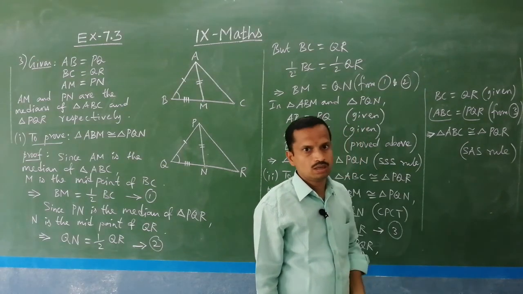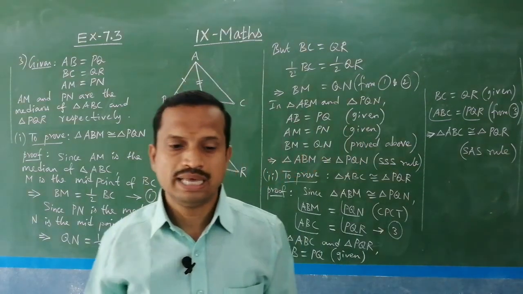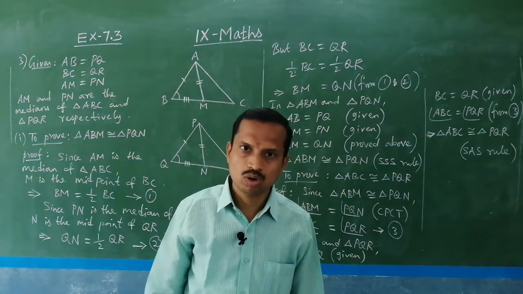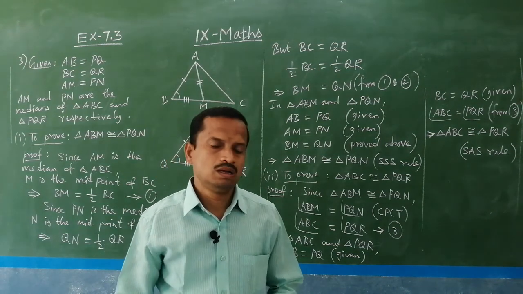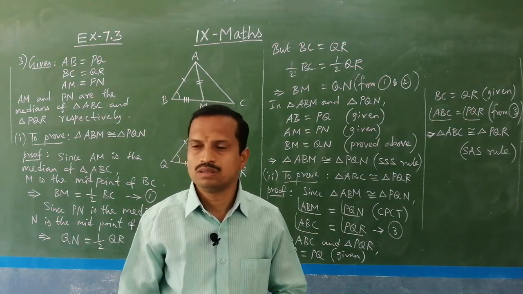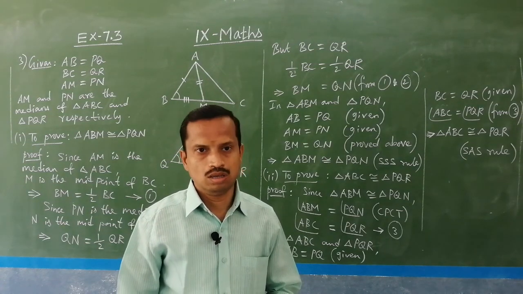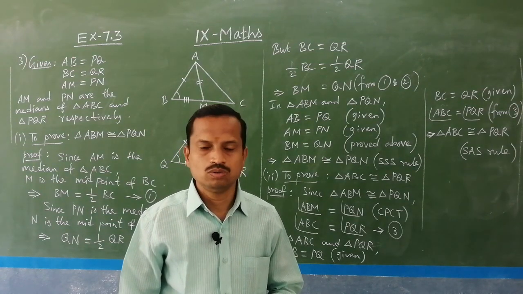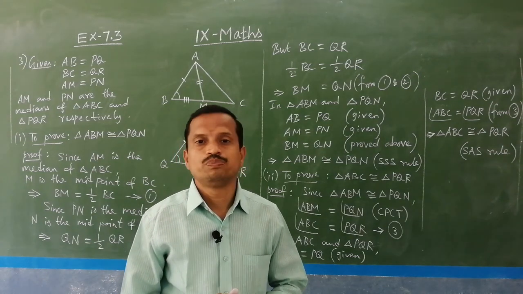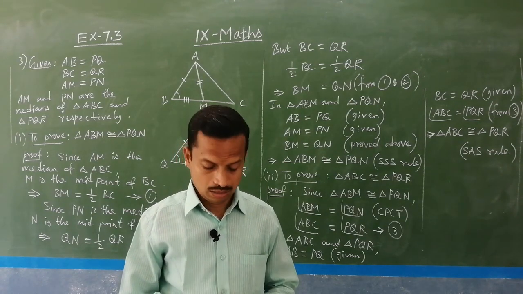So this is the way to prove, and two more sums are there. It is very easy. Okay. So you take as homework 4 and 5, and this chapter is over, because the rest of the exercises are deleted for you. So up to this you take this, and the worksheet also you have to finish then and there.